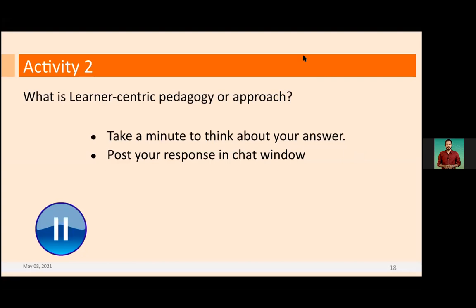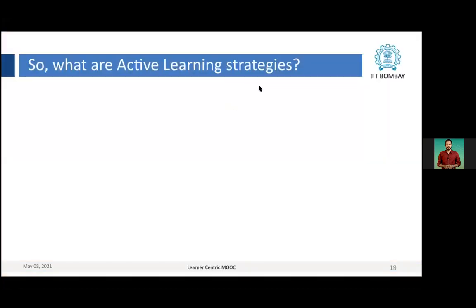Basically, as all of you have said, making students engage in the learning process through active learning techniques is what the learner-centric approach talks about. So this talks about the active learning strategies all of us are thinking about. So what are these active learning strategies?